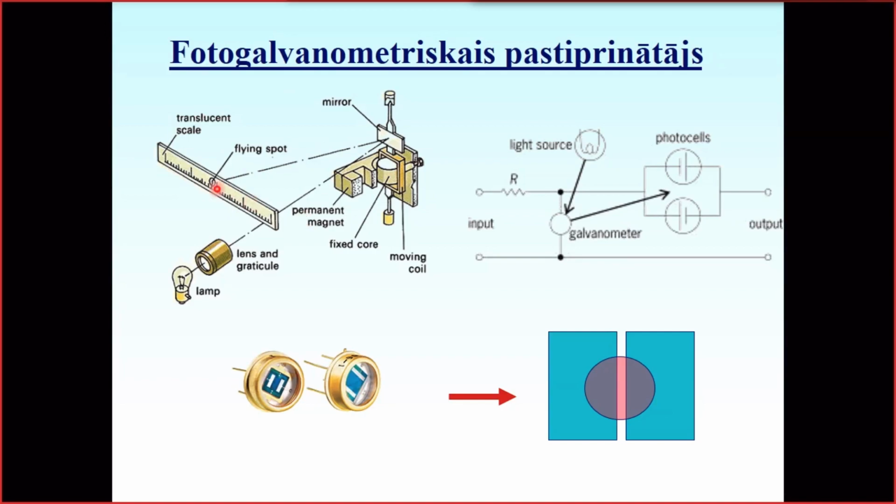So when a teeny voltage or current is applied to the photogalvanometric amplifier, the mirror rotates a little bit, and the light spot moves toward one of the two diodes. That means that the current that flows through this one diode overwhelms the other, will be higher than the current that flows through the other diode. The difference in the current is measured